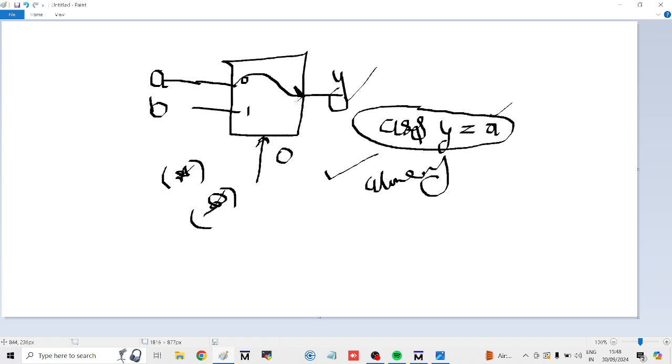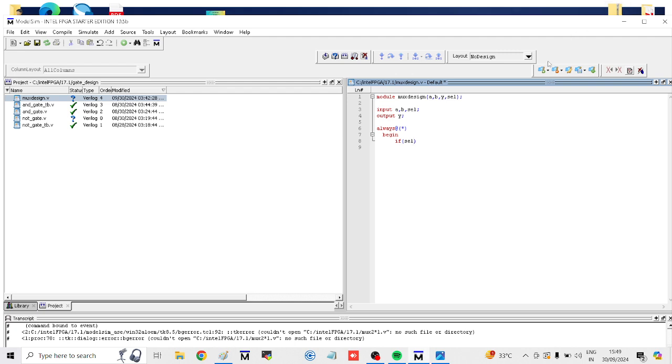It is the principle of your mux. So Y is equal to A when select is 0, and that you have to write here. Okay, if select is 0,